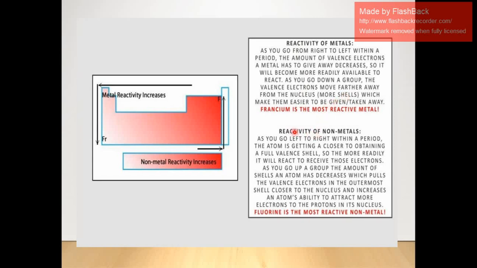Now let us discuss the reactivity of non-metals in a group. The chemical reactivity of non-metals decreases from top to bottom in a group. The reason being that the chemical reactivity of non-metals depends upon their tendency to gain or accept electrons. So as we move down the group, the tendency to gain electrons decreases due to an increase in the atomic size. As a result, the tendency to accept electrons decreases, and hence the reactivity of non-metals decreases as we move down the group. Is it clear?